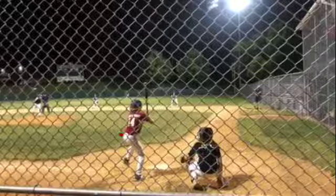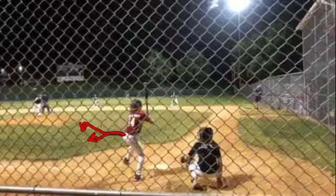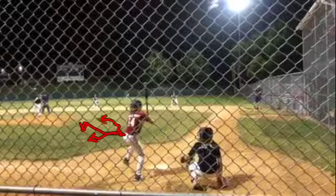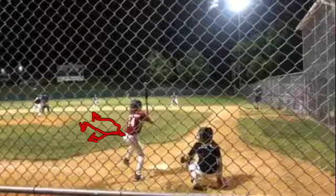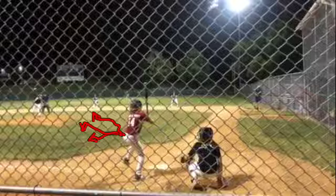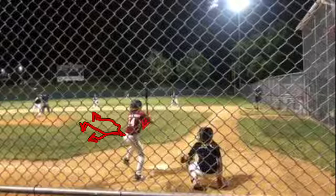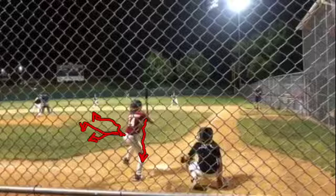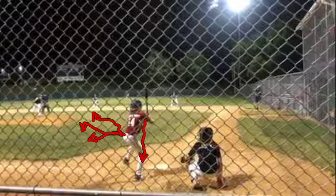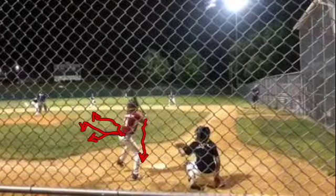If you notice right there, his front hip looks like it's pointed a little bit that way instead of that way, or slightly closed. I can't really tell from that angle, but that's what it looks like right there. And you notice his hands are inside, or right over his knee or inside his knee. That's not bad on the load, but if we continue to watch it, when his front foot goes down, his